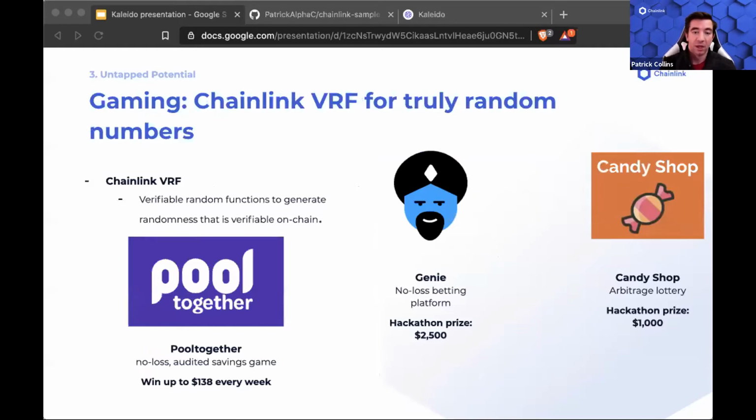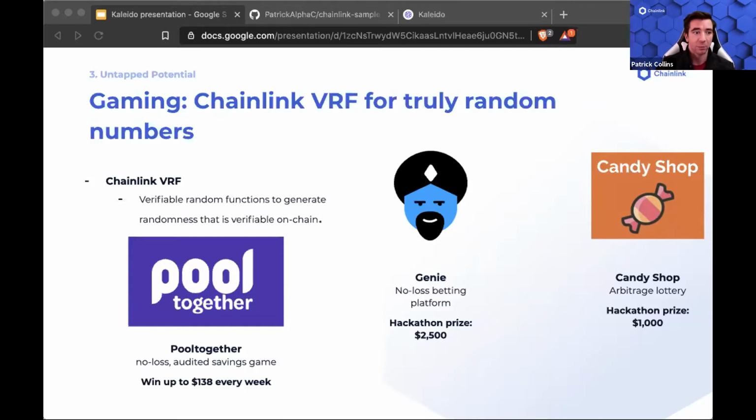Chainlink also has this utility for creating random numbers. This is called the Chainlink VRF. And these are provably random numbers. So that's something that the current blockchain actually can't do because blockchains are deterministic systems. Right? So this means that everything that happens, you can calculate what it'll be. So if you can calculate something, it's not random anymore, right? So Chainlink VRF is a way to get a provably random number into your smart contract so that you don't have to depend on these calculated or these pseudo-random numbers where somebody could come in, hack it, and do something